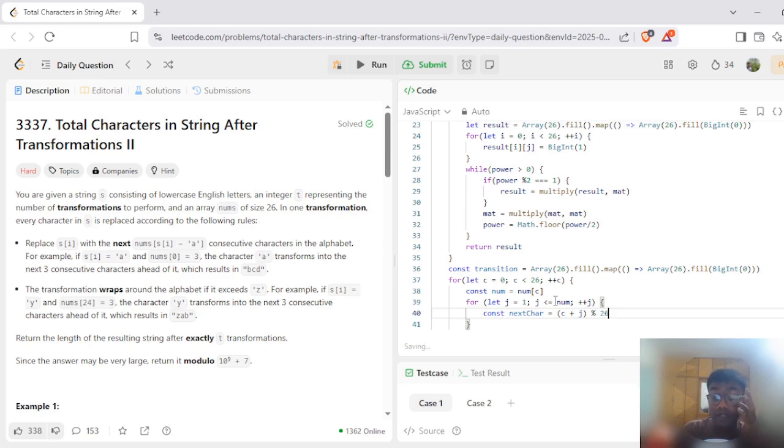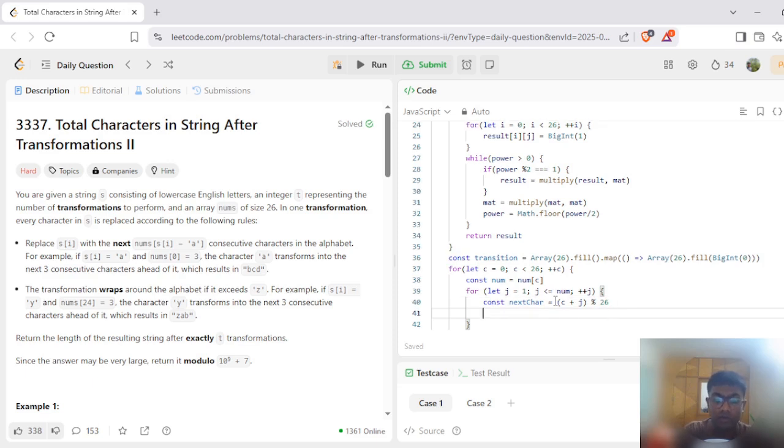We modified 26 just to keep it within the boundary of the alphabets, which is A to Z, and we also mark the transition